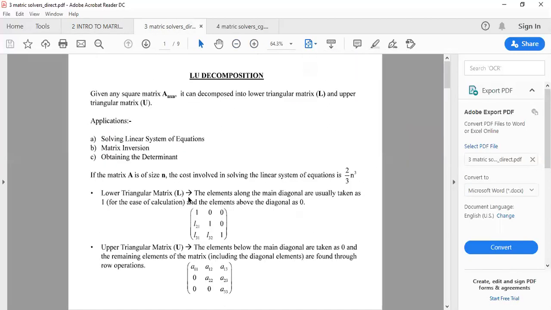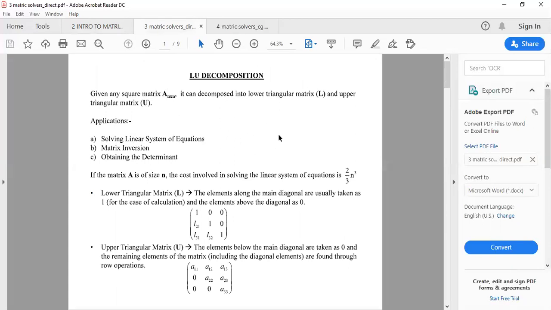So how is it useful during the matrix inversion? We want to solve a linear set of equations, and for that, inversion is done. Ax is equal to b, and x is the unknown, so x is equal to A inverse of b. Finding A inverse is a very complicated thing when the size of the matrix is increasing.